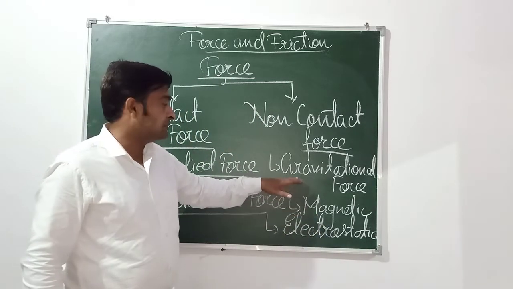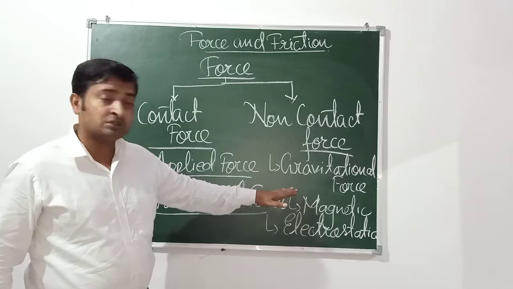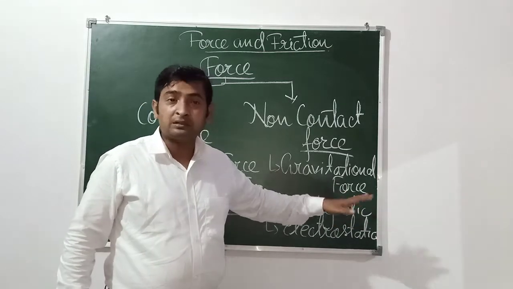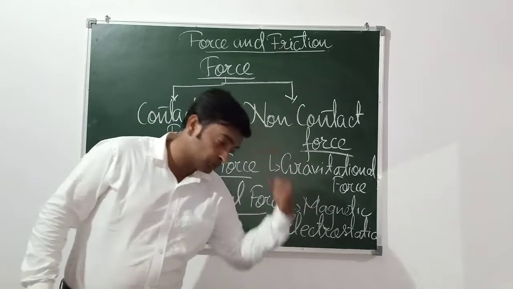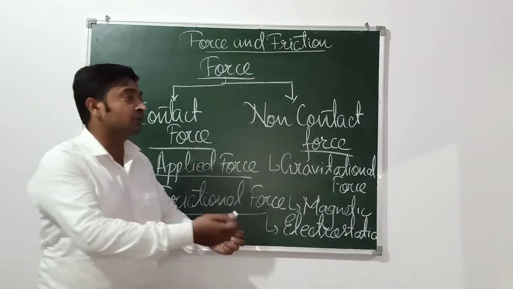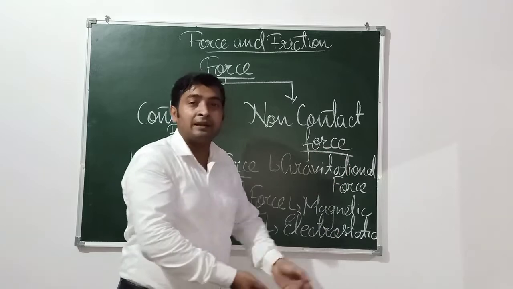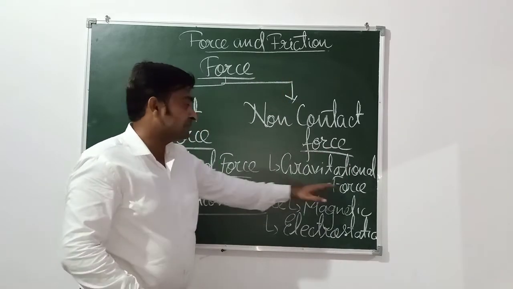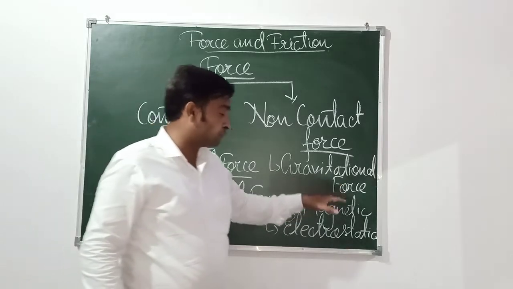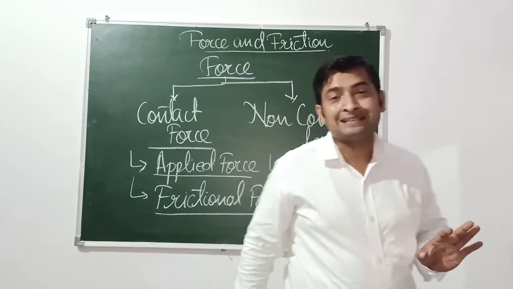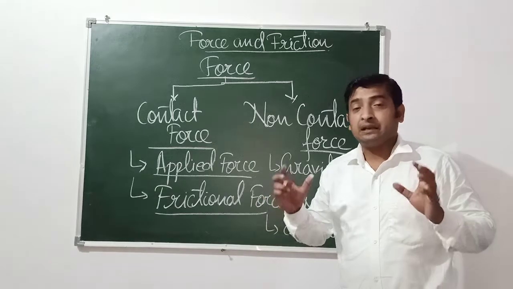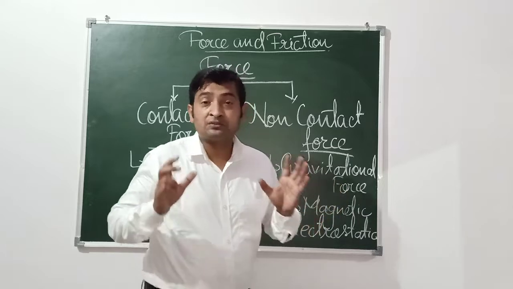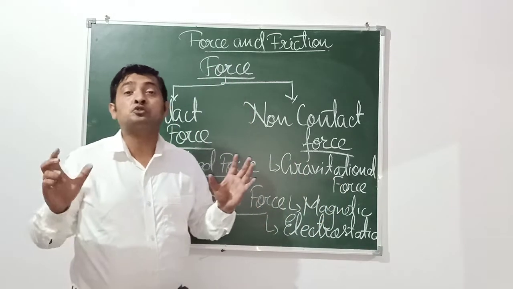Let us see what they are. Gravitational force is the force which is applied by the earth. You remember, by the earth and everything, it used to pull towards down. Yes, whenever we used to throw anything upward, it always used to come down. Yes, this is known as gravitational force. This force is actually applicable between any two objects which is having some weight, but it is visible in case of earth because it is too heavy.